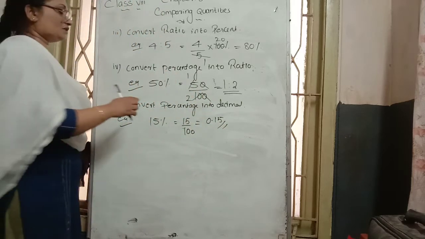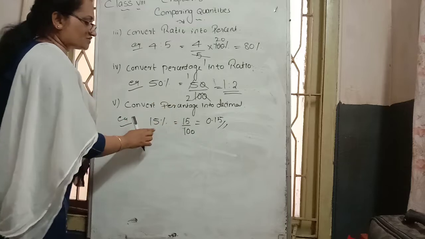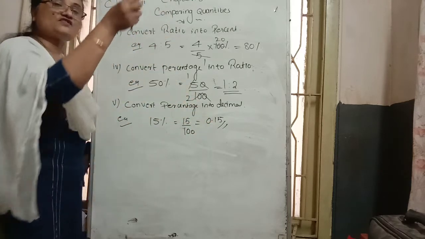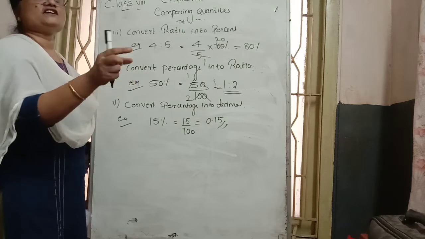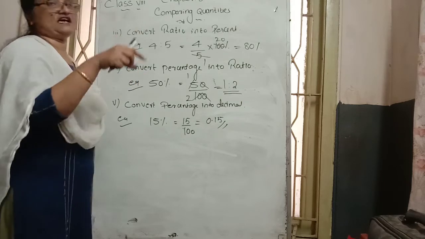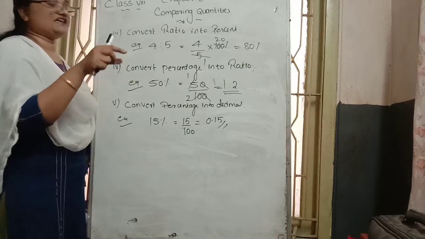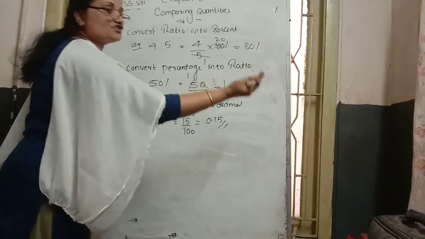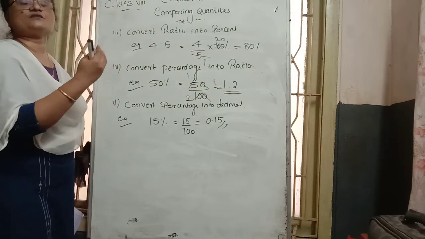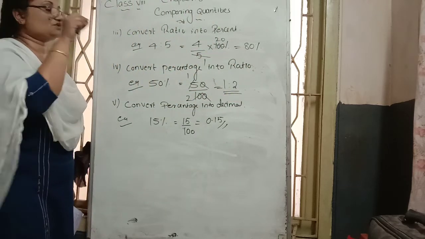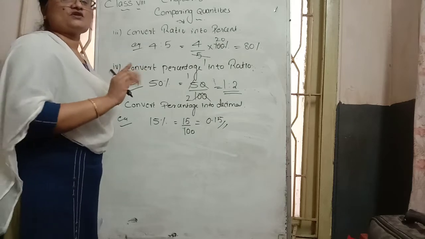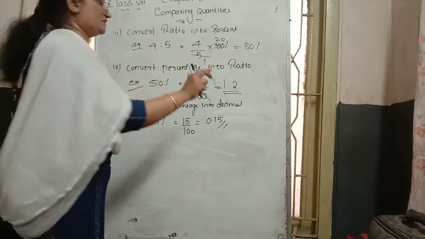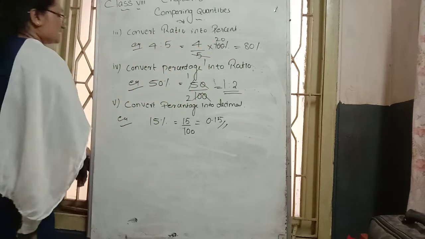Decimal point representation conversion. Here the question is in percentage. How to convert to decimal form? First of all, we write it in fractional form. Here there is no cancellation. We are dividing by 100. When a number is divided by 100, from right to left take two places and put a decimal point. First fractional form, then convert it to decimal form. Do the division and write down the decimal form.